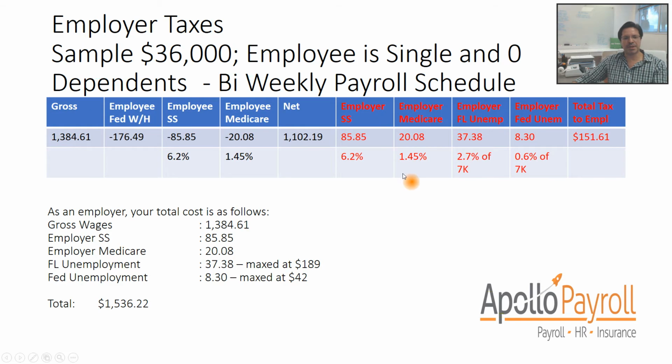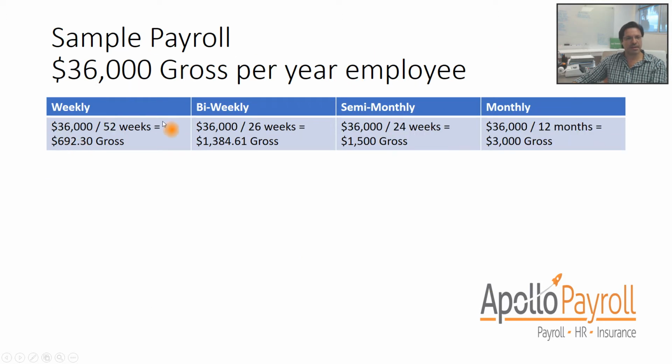I'm going to go ahead and make sense of this for everybody. So I have this example over here. In this example, we have an employee that's getting paid $36,000. We're going to assume that the employee is single and has 0 dependents, and that they're also on a bi-weekly payroll schedule. Like we mentioned earlier, on a bi-weekly payroll schedule at $36,000, the gross is $1,384.61. The way that we get that is we take the 36,000 and divide it by 26, and that gives us